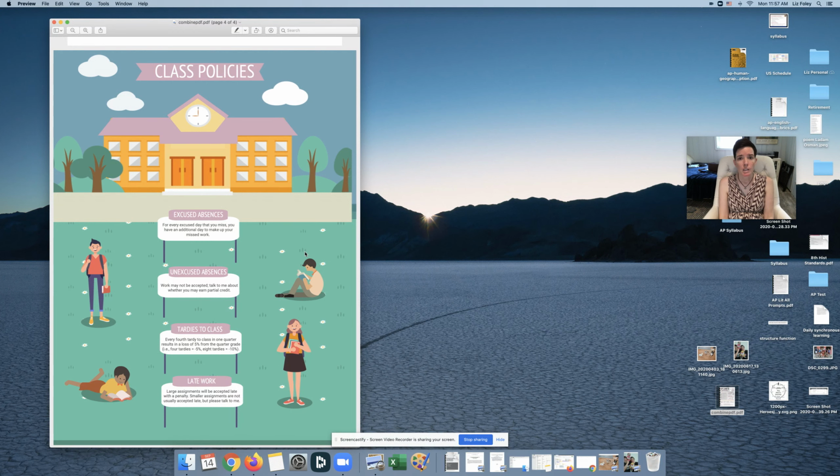If a student is tardy to class, this is being treated the same way online that it was being treated in person, which is to say that on the fourth tardy, a student will lose 5% from their grade for the quarter. So we really want to watch those tardies. And lastly, late work. Any kind of major assessment, like the weekly AP essays, a large project, anything like that, I will take late just because the zeros on those can really torpedo a student's grade. But the smaller assignments may not be accepted late. Again, I just encourage students to talk to me. What happened? Why was it late? And so on. I'd love to hear from any of you.